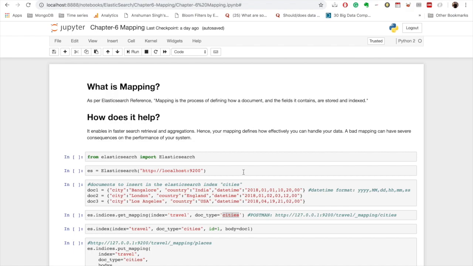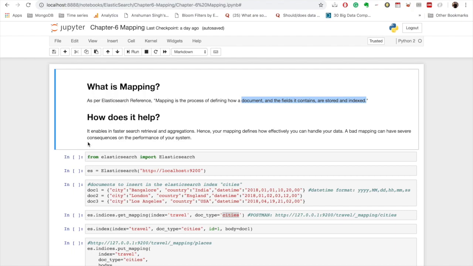I believe there are still several concepts to cover, so without further ado, let's start with today's topic on mappings. So what is mapping all about? As per the Elasticsearch reference, mapping is something which defines a document which can be stored in an index. Simply put, mappings are nothing but the underlying data structure which helps us organize our data